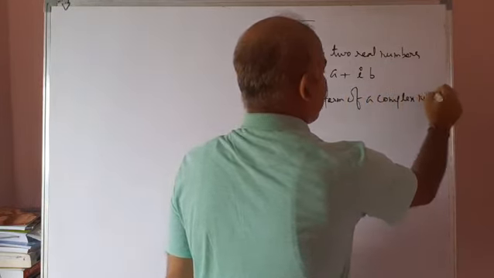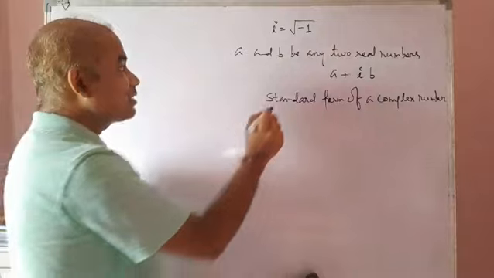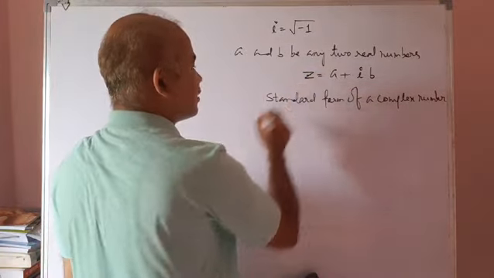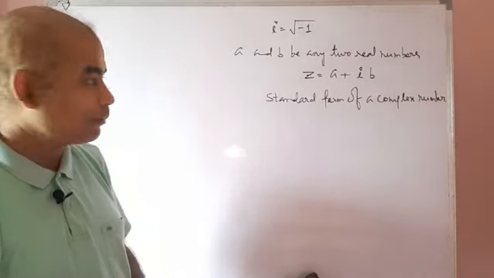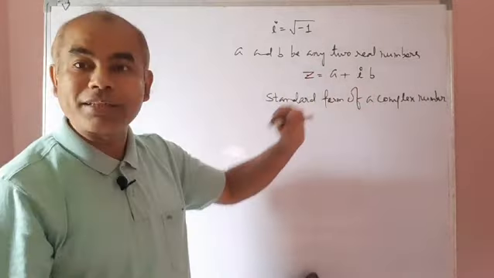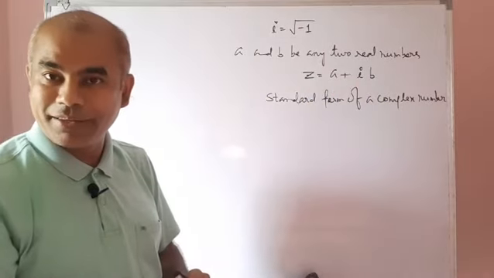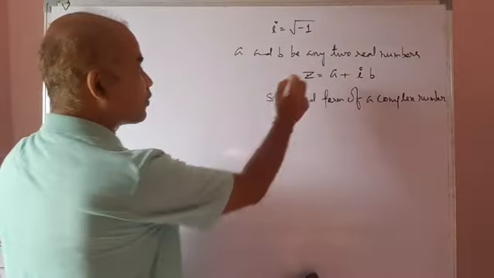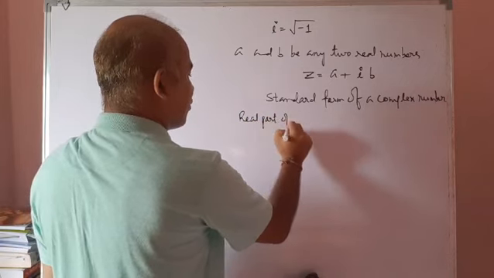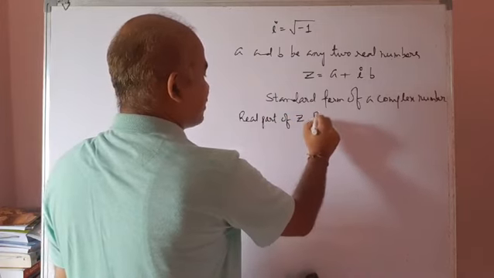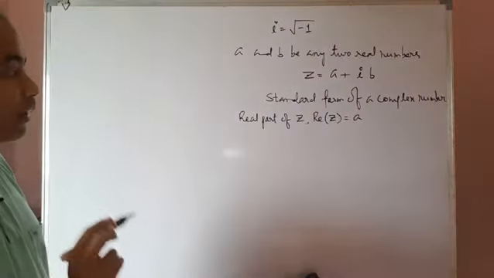Actually, this is the example of a complex number and its standard form, and it is usually denoted by the symbol z. Here in this complex number there are two real numbers a and b, and the second real number b is multiplied by i. The first real number, which is not multiplied by i, is called the real part of our complex number z, and it is denoted by Re z. It is the real number a here, which is not multiplied by i.